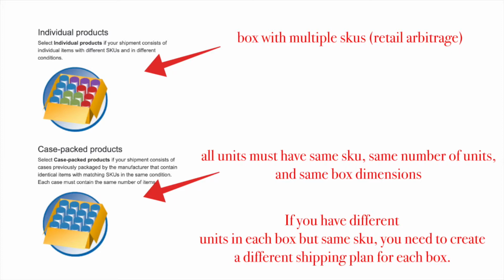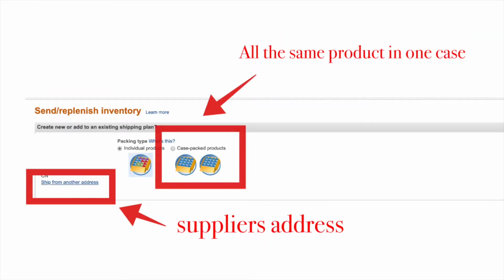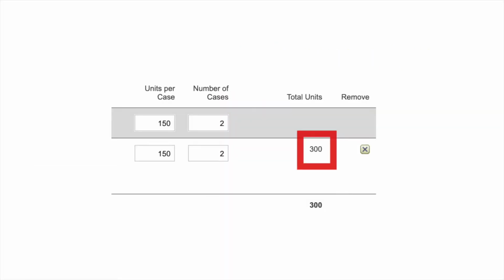Most likely they are going to do this because they are shipping to Amazon all the time. They know the drill, but just mention it so that you guys are on the same page. So now that you've finished up with this page, go to the next page. And next you will see, you just need to enter in how many units are in each case and then